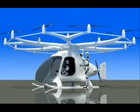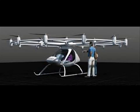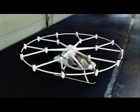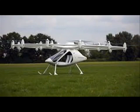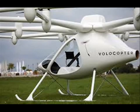"What we're looking at now is the future, where everyone is traveling not by car, but by some kind of aircraft," explained Stefan Wolf, co-chief executive of Evolo, the company behind the remarkable flying machine. "Normal helicopters are very hard to fly. But we thought, what if you could have a helicopter that is easy for the pilot to fly, and cheap